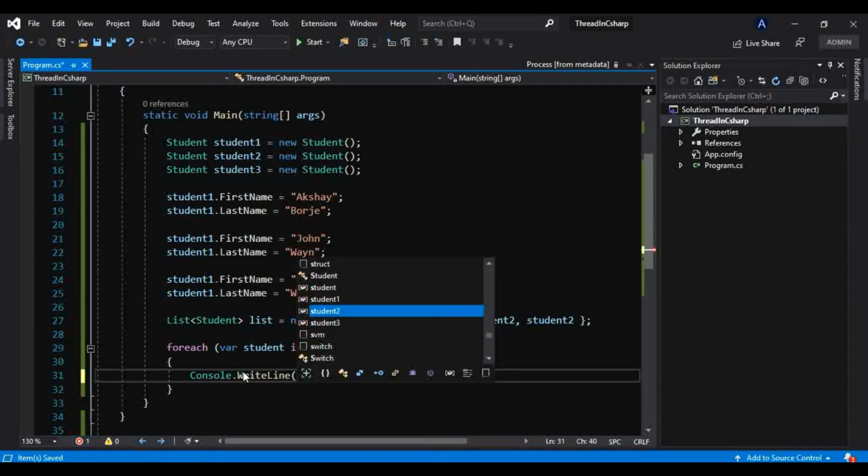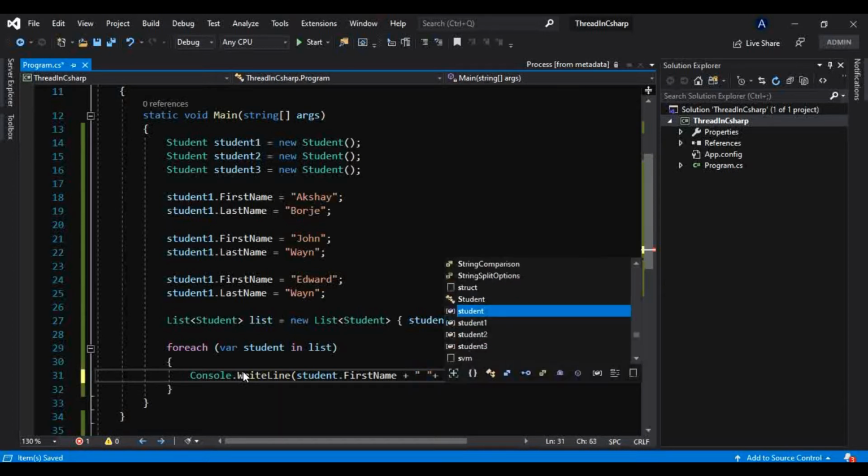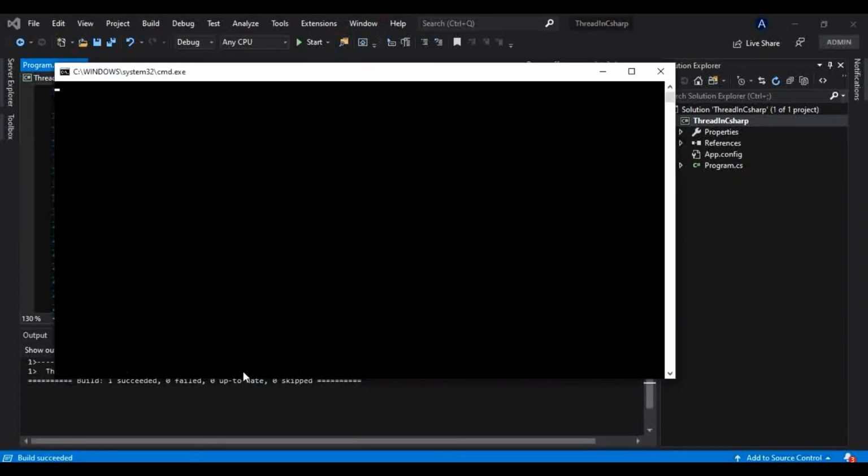I will print that student.firstName and lastName. Again a very simple program, but let me run that first and I will show you.